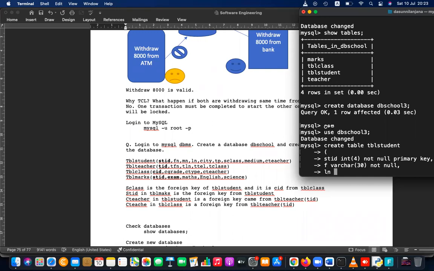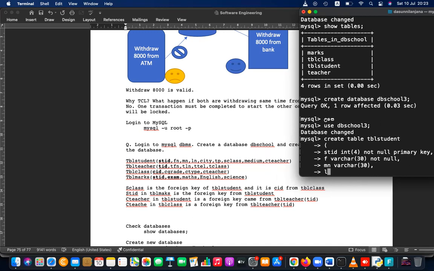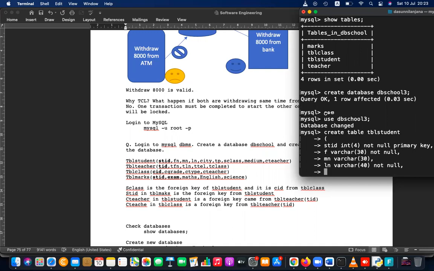LN, middle name MN VARCHAR 30, last name VARCHAR 40, not null. We give not null because it cannot be empty. First name should be there, last name should be there.